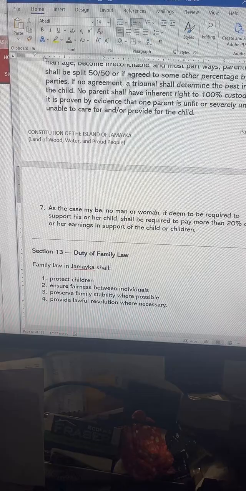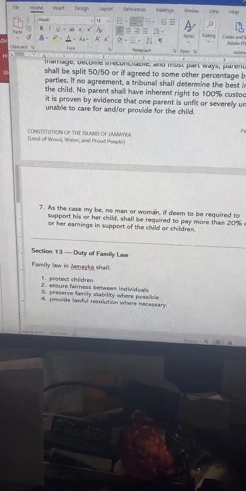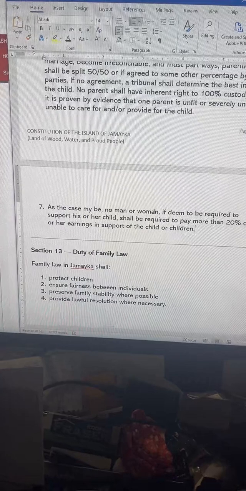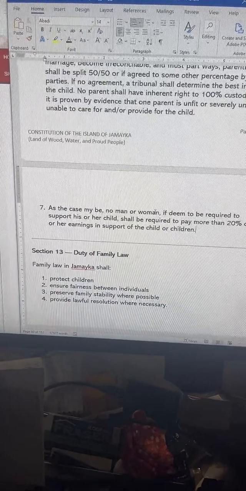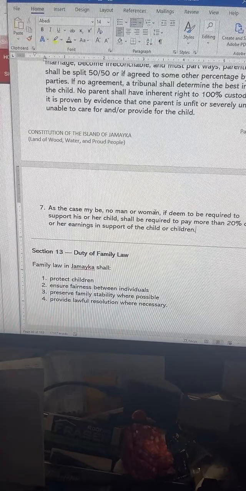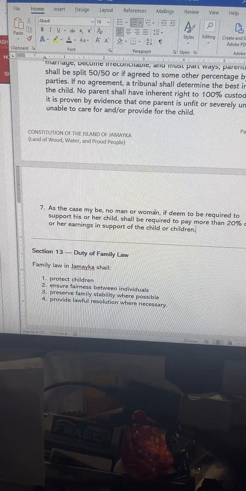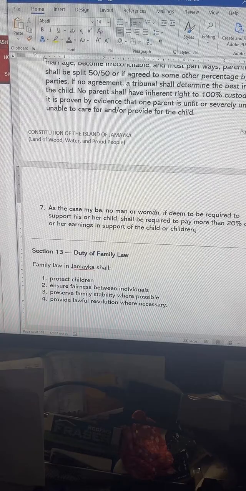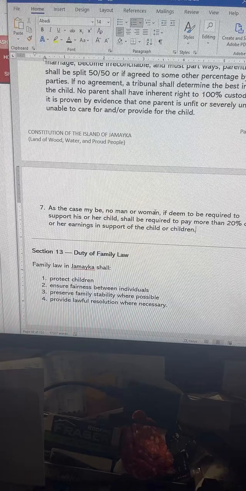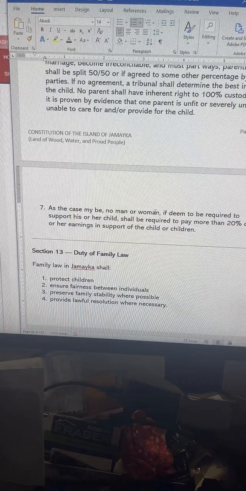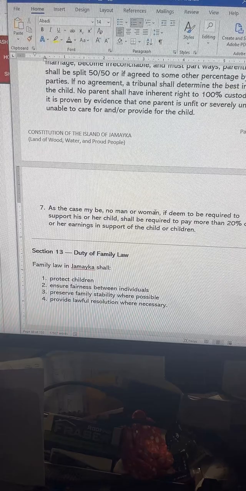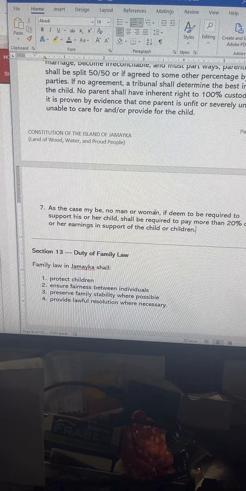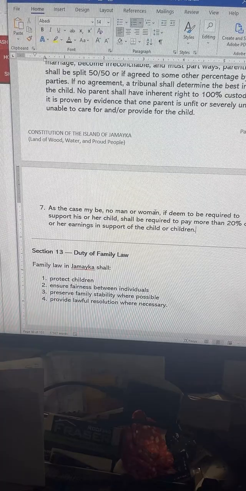So what about the sex of the child? A man can have more right to the son than... All right, you see... We're not going to tackle that right now. Remote Tour says, so what about the sex of the child? A man can have more right to the son and the woman more right to the daughter. We don't want to create that situation because, again, not everybody is mentally stable. Some people are unfit to be carrying out parental duties in some cases. So we have to be careful when we're crafting these laws to say a man will have more right to the son and a woman more right to the daughter, because really and truly, when we actually look at the statistics,